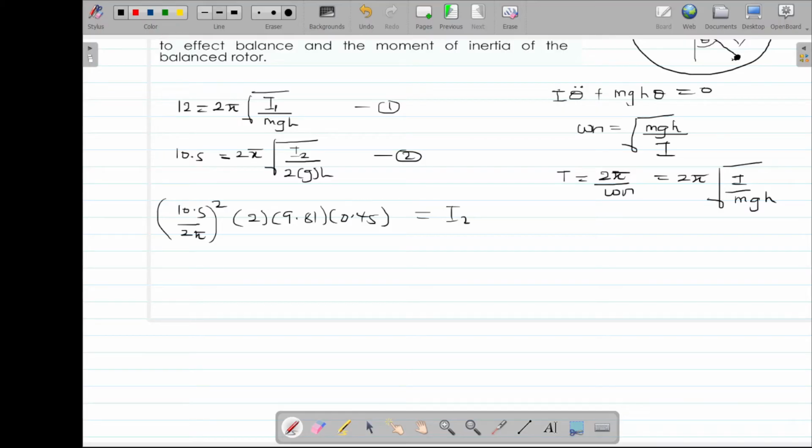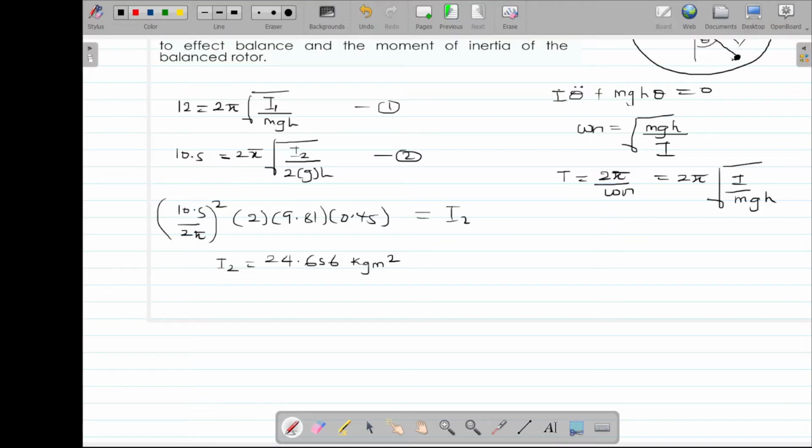Well, you can break it down in bits if you want, but if you square both sides and multiply by this, you get I2. So from there, we get I2 to be 24.656